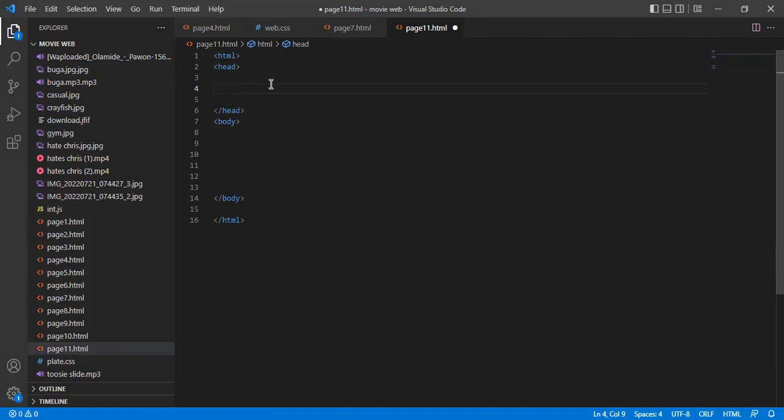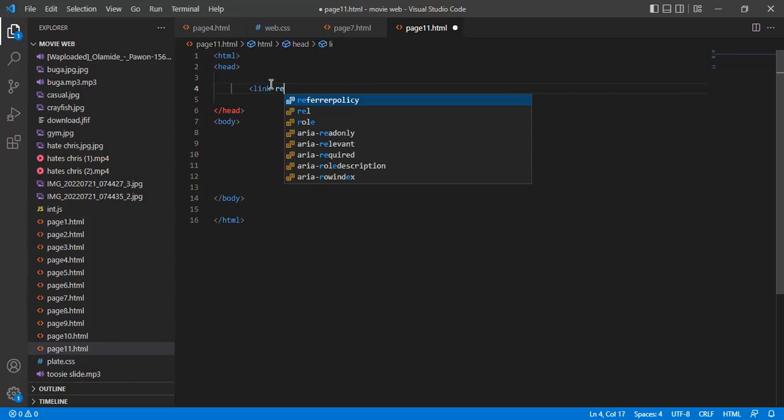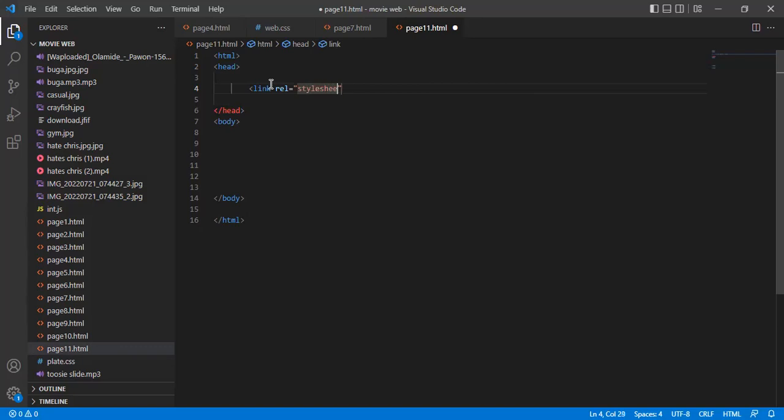So what we need to do now is create our styling page. It's supposed to be linked from here. So link rel, then we have stylesheet. Right. So we have href. I'm going to name it style.css. Yes, style.css. I've not yet created the file, but it doesn't mean that I cannot use the name. Right. So all I have to do now is